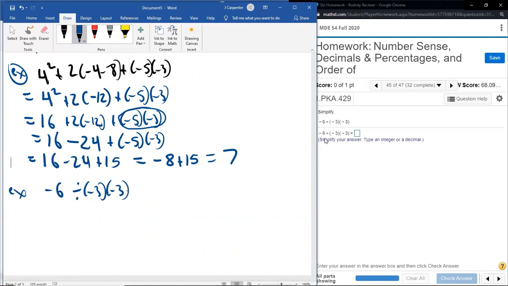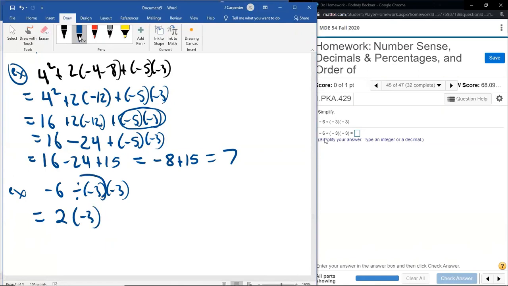Some people will say, oh, PEMDAS, P-E-M-D-A-S. M comes before D, so we do this. I'll pull out the red this time to really emphasize that it's wrong. First this, second this, but again, wrong. M and D are two sides of the same coin, so do them in the order seen from left to right. So we do the division first. -6 divided by -3 would be +2.